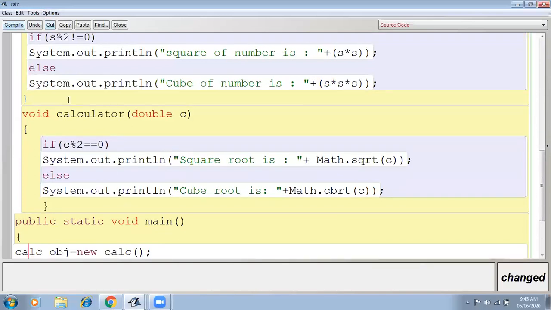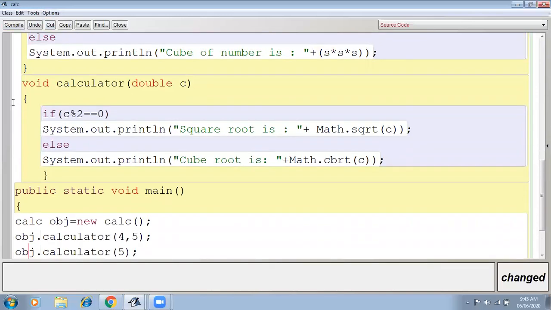Then the void calculator, the third definition of the method, accepts one double parameter. If the given number is even, then we have to display the square root. So here I have used the sqrt method. The sqrt method is a predefined method of the Math class, used to return the square root of the given number.